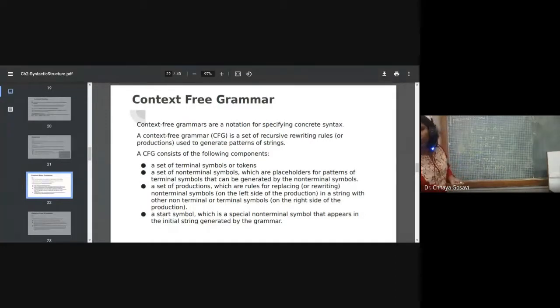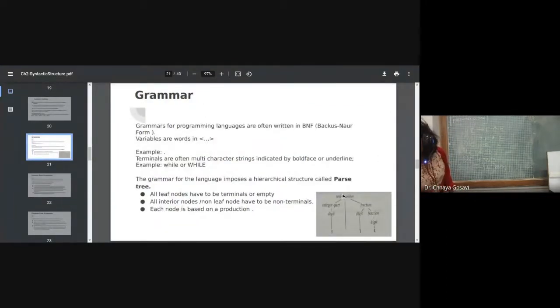Now what is the set of non-terminal symbols? Here I am using only one non-terminal symbol, capital E. Then the set of productions. I have these 5 productions: 1, 2, 3, 4, and 5. These are 5 production rules. So this is the set of productions and a start symbol. Here the start symbol is also E, capital E. Now I have to write or construct a parse tree like this. This is called a parse tree. I have to construct a parse tree with these production rules for this string, b square minus 4ac. Our string is b square minus 4ac.